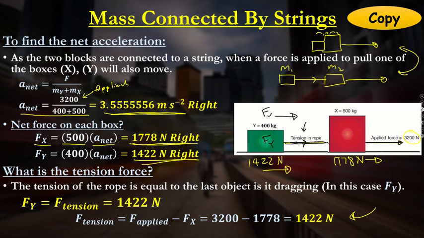So Fy, in this case, would be equal to my tension force, because the tension here needs to be enough in order to move my little Y box over here. So that's why the tension force in the middle here would equal to this box here. If I want to try and solve for it as an algebraic equation,